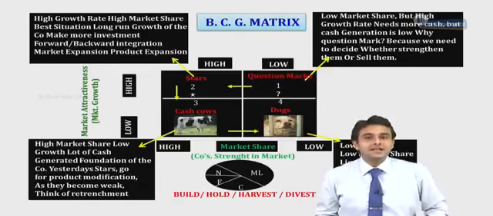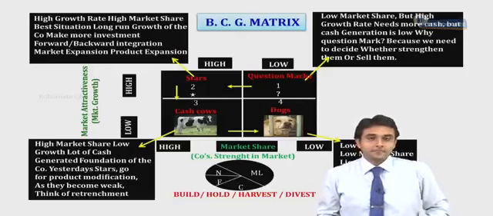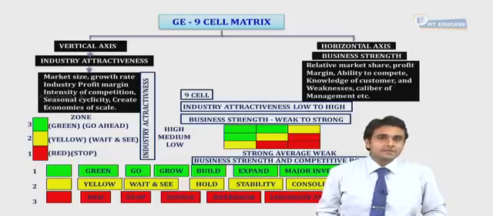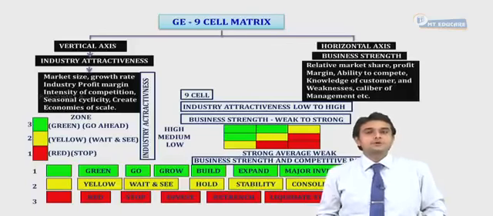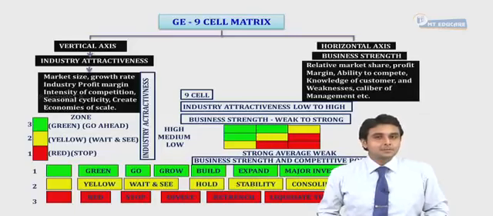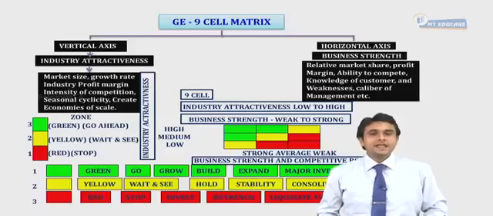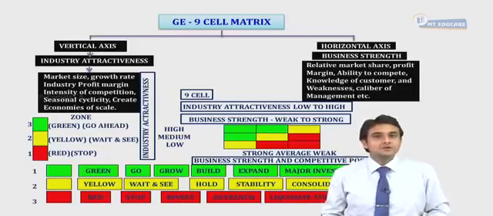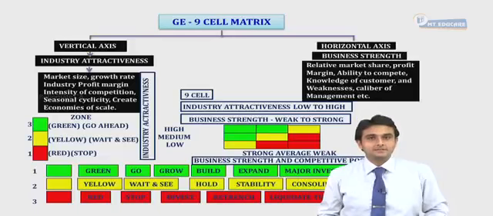So I don't have a clear understanding of where exactly to position the product in terms of my product portfolio analysis. Now, this limitation is resolved by another matrix, which is an improvement to the BCG matrix, called the GE 9-cell matrix, which is the General Electric 9-cell matrix. This was developed by General Electric Company, which is one of the biggest electrical companies in the US. And this matrix indicates the products in terms of the colors used in traffic signal lights.